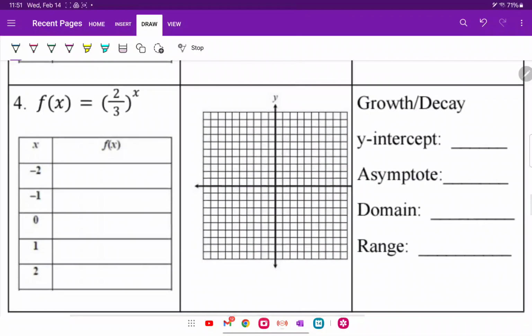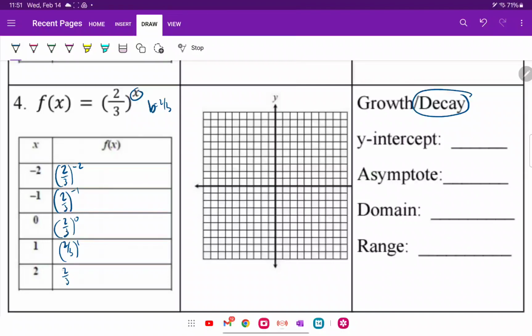All right, so for number 4, our b value is 2/3. Again, that is less than 1, so that is decay. We set up these equations. We plug in right here. We change that x to -2, -1, 0,